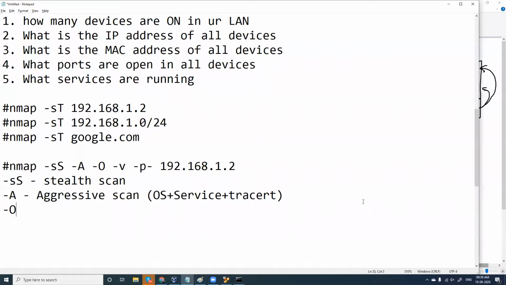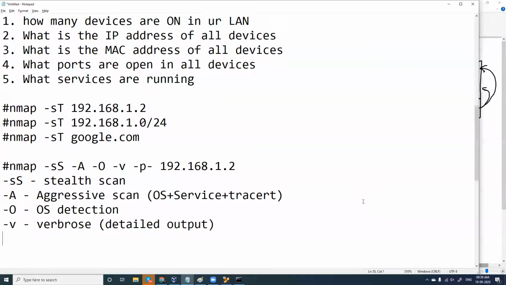Or -O, which is only for OS detection, and -v is verbose. Verbose gives you a detailed output.